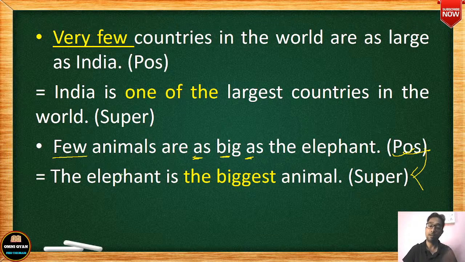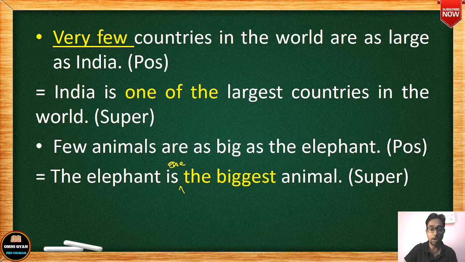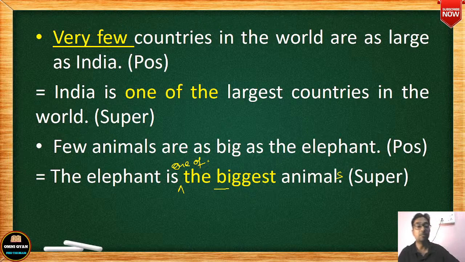तो आप क्या करेंगे? You will use the same formula. The elephant is, I'm sorry, I made a mistake in typing here, is one of the. तो the elephant is one of the biggest animals. यहाँ पे s होगा क्योंकि few animals है यहाँ पे. Few animals are as big as the elephant. तो आपको लिखना है the elephant is